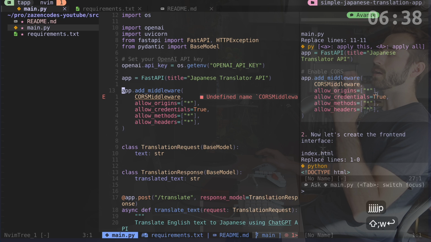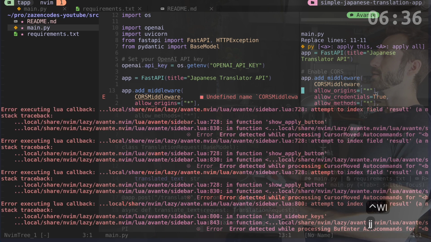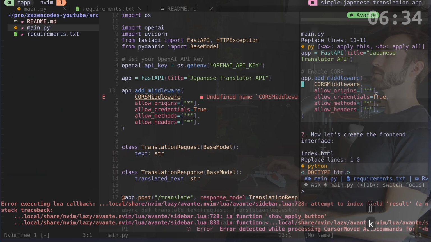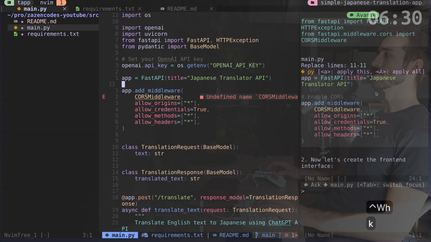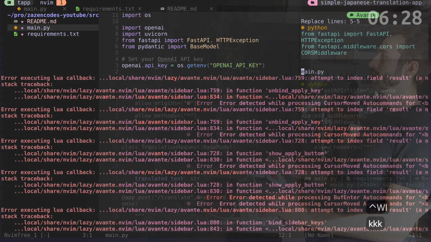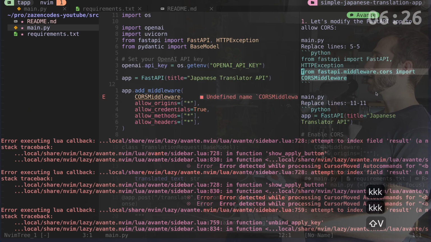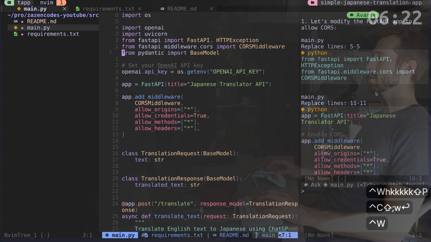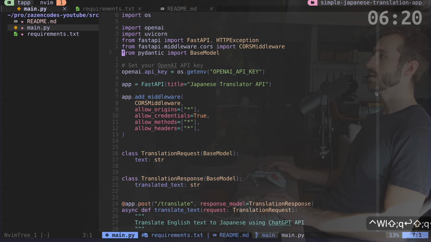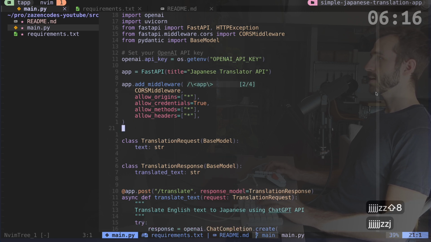This is just how our server is going to be able to talk, like how the applications are going to be able to talk to each other, because we're going to have two servers running. You'll see what I'm talking about. But I also need, sorry about these errors, I want this one. So we're going to have to import this, and in order to fix these errors, I need to get out of Avante again. All right, so we've got some CORS stuff going on in here that I've added,